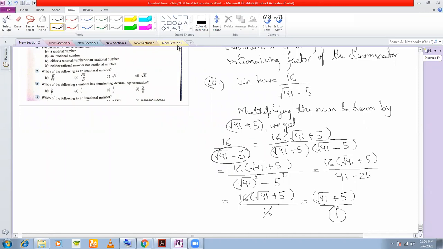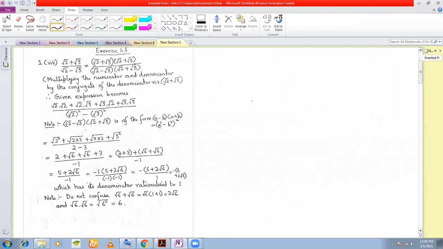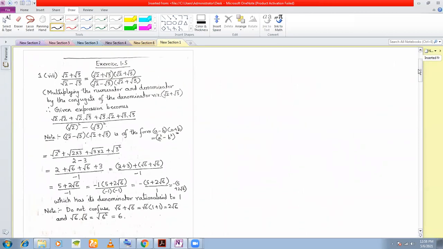Okay, and we now come to the problem from the note that I sent you. This is the note that I had given you, if you remember. Okay, let us discuss this problem. This question is also rationalize the denominator. Is the question number matching from your textbook, 1 part 8? Are all the question numbers in the note matching from your textbook? Can anyone tell me? Yes, sir, it's matching.